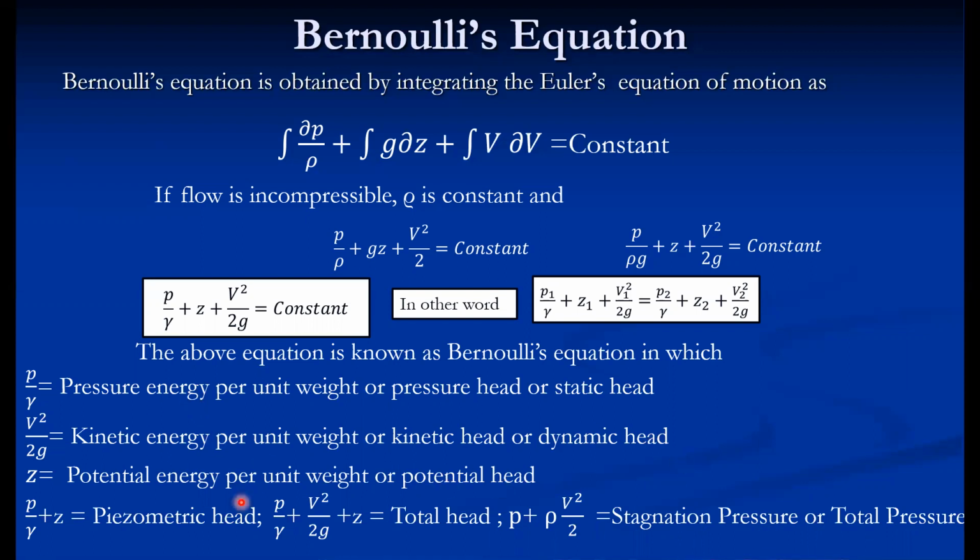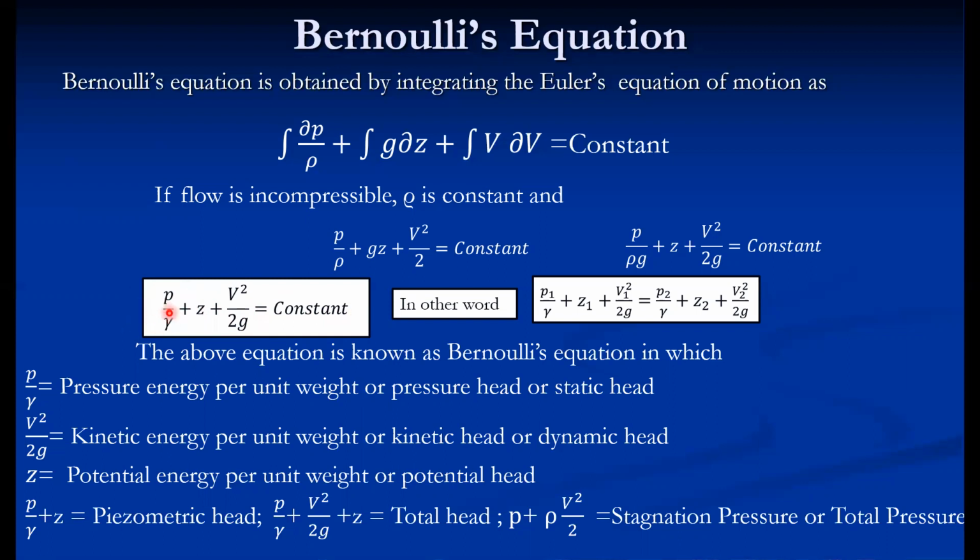So these are some terms associated with Bernoulli's equation, and we are going to measure these terms. Based on this equation, Bernoulli's equation states that for an ideal incompressible fluid flowing through a closed conduit or along a streamline, the total head remains constant. That is Bernoulli's equation. Or the total energy remains constant, because these are energy terms, when the fluid is flowing through a closed conduit or any section.